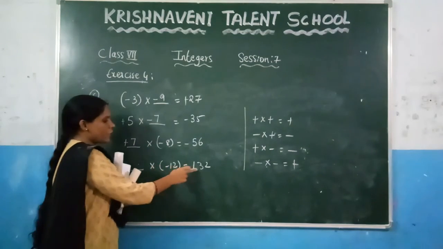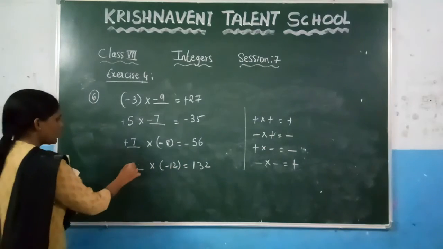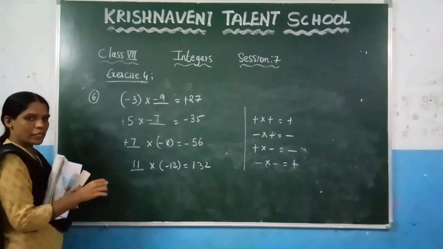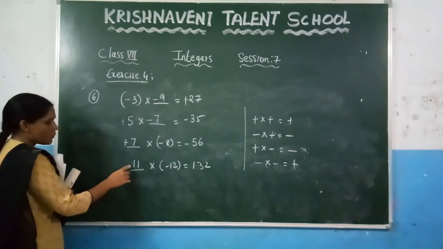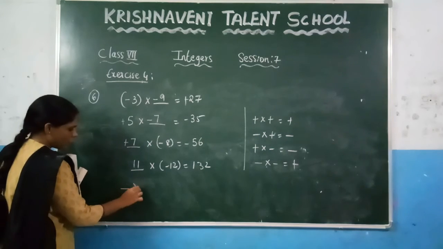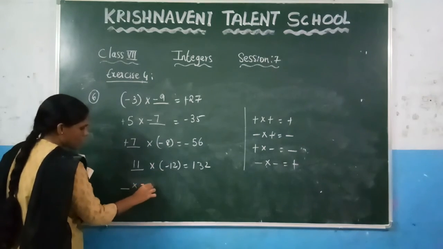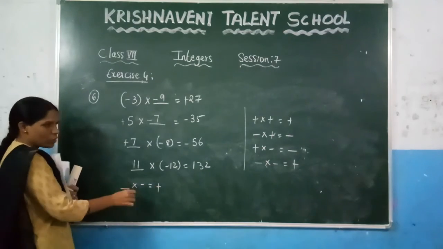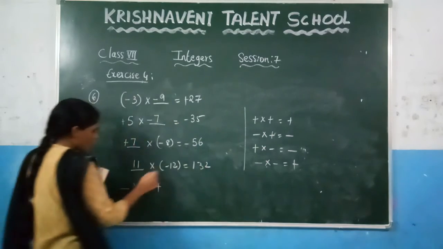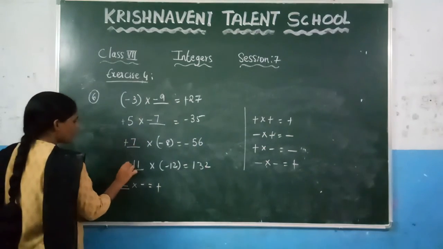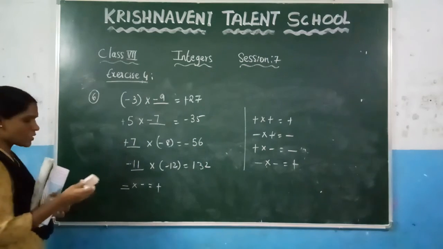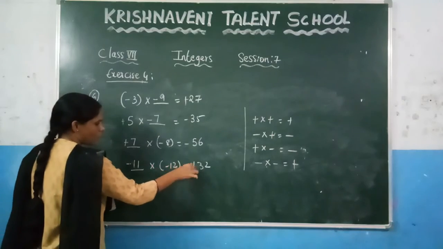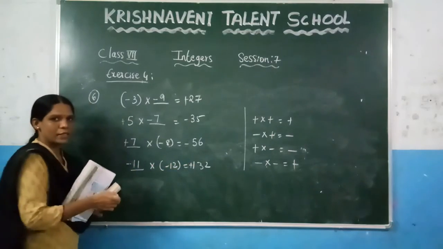In the 12 table, when you have to get 132, which is nothing but 11. You know that 12 into 11 is 132. And after that, now you need to check the symbol. Here, which symbol do you have to keep? We don't know. Into what symbol is there? Minus. And what is the result we got here? Plus. Which symbol do you have to keep here? You know that minus into minus is plus. So here keep minus. So which symbol do you need to keep before 11? Which is nothing but minus. Now you can check it here. Minus into minus is plus. 11 into 12 is 132.